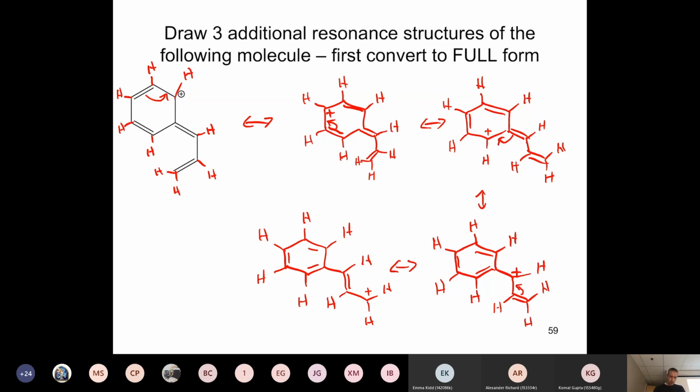We can make ridiculous ones. Like, why don't we take this and put that there, and leave everything else the same? Then you can have this structure where we have a positive up here, a lone pair here with a negative charge, and a positive down here as well. You can draw things like this, which are correct in the sense that they don't disobey any rules, but